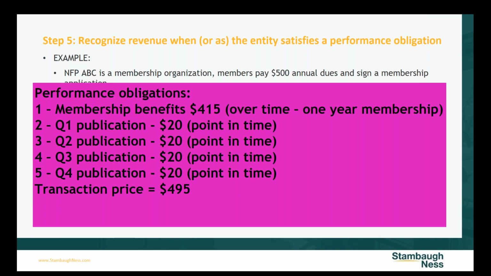And again, this could be the same for all members that pay $500 for annual dues, or you may need to break it into categories. You might have to take a look at your members and say, 50% of them use it equally throughout the year, and the other 50% use it more on a quarterly basis, and that's how you would recognize it. And then the publications would all be recognized at the point in time. So if you send out your publications quarterly, say July 1, October 1, January 1, when they get mailed out, that is when you recognize that revenue at that point in time.